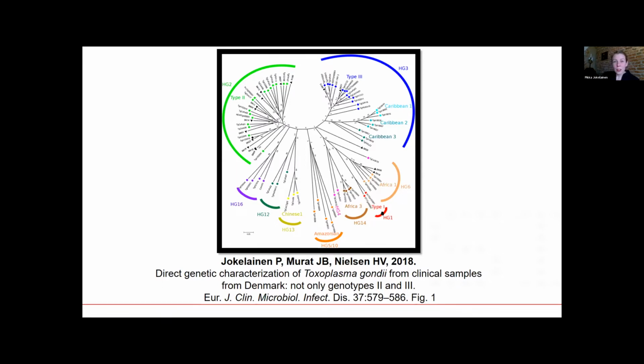And in this figure, the little triangles, those are the ones that were from our samples. So samples sent to our lab in Denmark, and they were not only in that corner. We really saw a higher genetic variation than we expected in this quite small study. This included samples from ocular toxoplasmosis. And this was kind of eye-opening also,